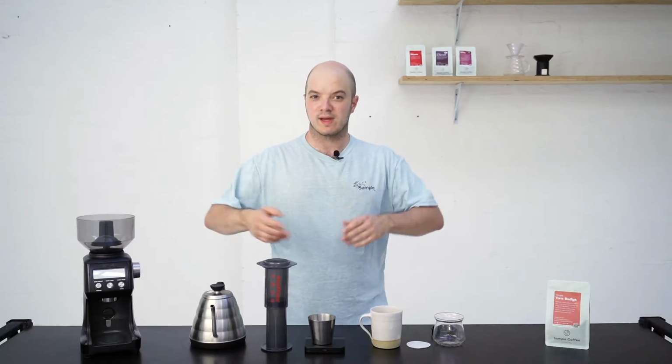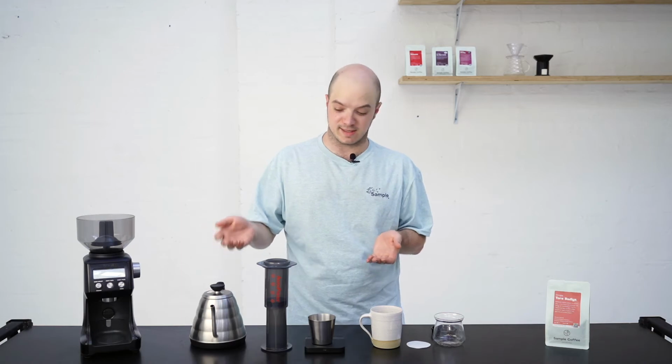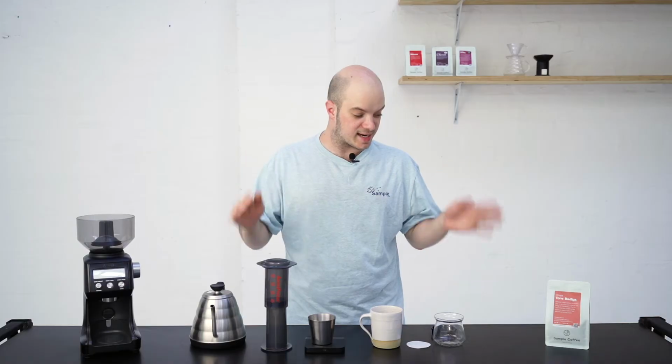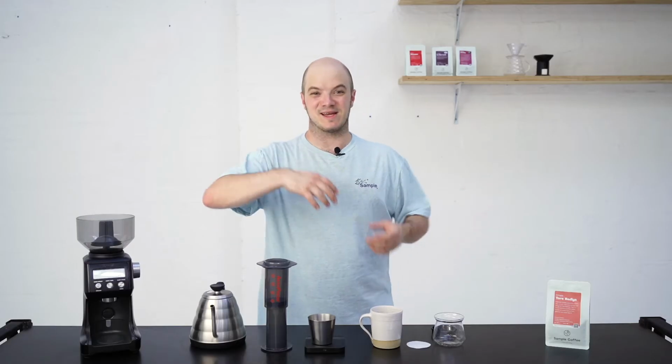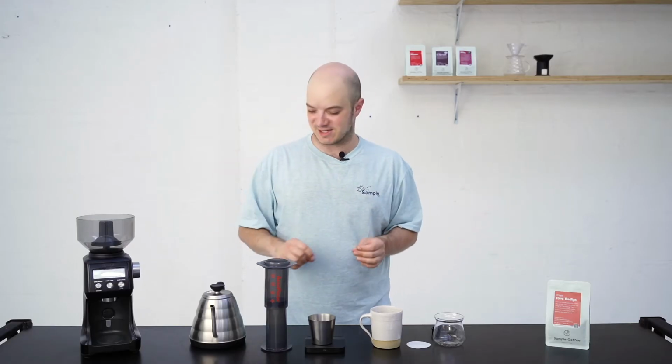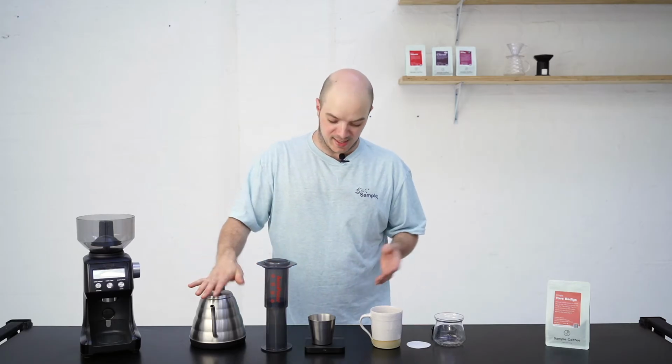All you need to brew is 14 grams of coffee, and if you like to add milk or you prefer something a bit richer and stronger, we'd recommend one of our blends. Today I'm going to be brewing the Tore Badia from Ethiopia. It's a very stone fruit forward coffee. It's really delicious. We're going to be using 14 grams of that, 200 grams of boiling water, and ground at